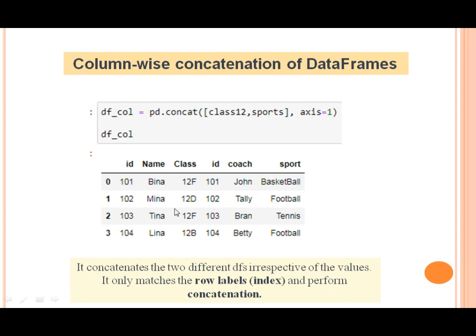See, these three are the columns from the class 12 data frame, and these three are the columns from sports. Okay, so in this type of statement, when I use axis equals to 1, it concatenates two different data frames irrespective of the values in the columns. And here the common column is also displayed 2 times. Clear? So this is all about concatenation. We'll move ahead and see the next function.